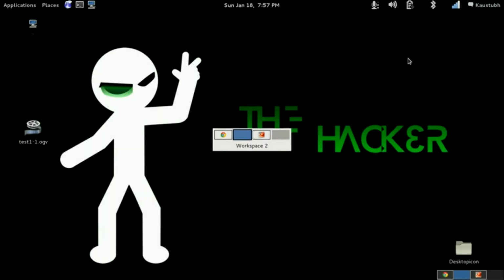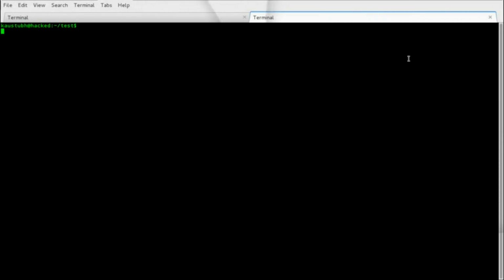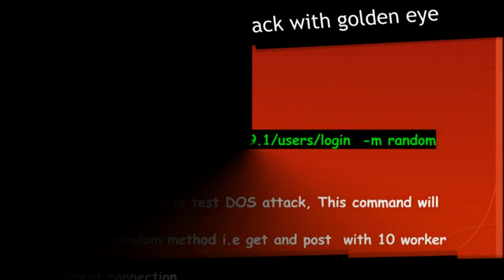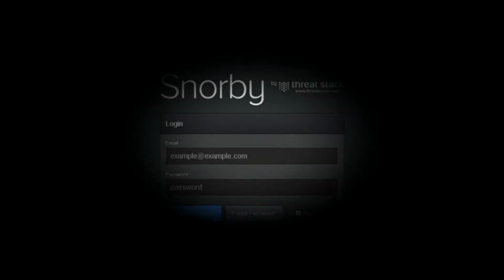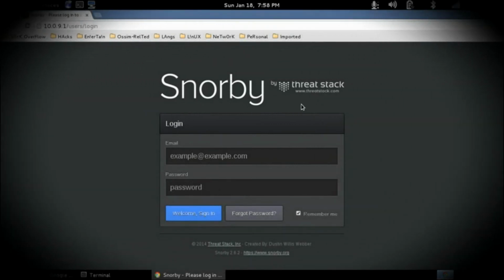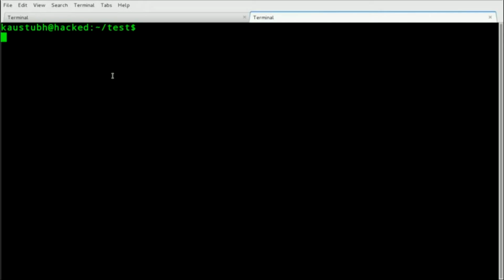Okay, so here I will start our attack. Let me show you something. Where is my web server? It's 10.0.9.1/user/login. Here is the web server and it's running a Snorby application. So we will perform the attack using GoldenEye from here,